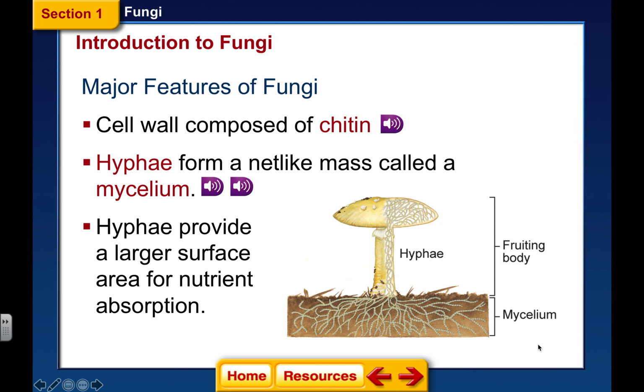Now, once they have this mass, this is at ground level, because fungi do not have true roots, stems, or leaves, and that's why they're not in the plant kingdom. They also don't have chloroplasts. So they have this mass. It kind of looks like a drain clog or a whole mass of bean sprouts or something. That's your mycelium. And the mycelium can stretch for miles.